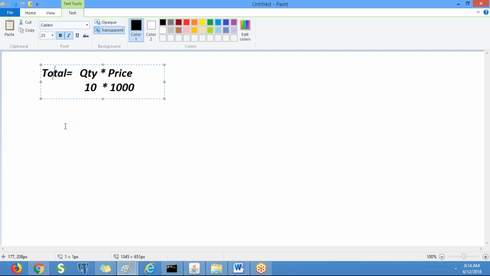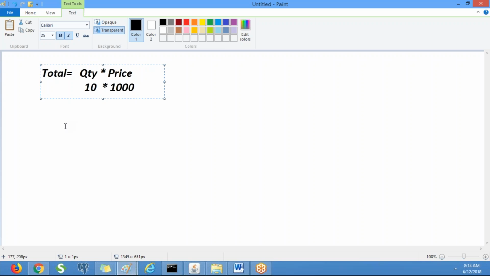Okay, so put the heading declare expression, and the definition is: whenever the input value changes, automatically the target property gets updated. Here in this expression, total is the target property, and quantity and price are input properties.